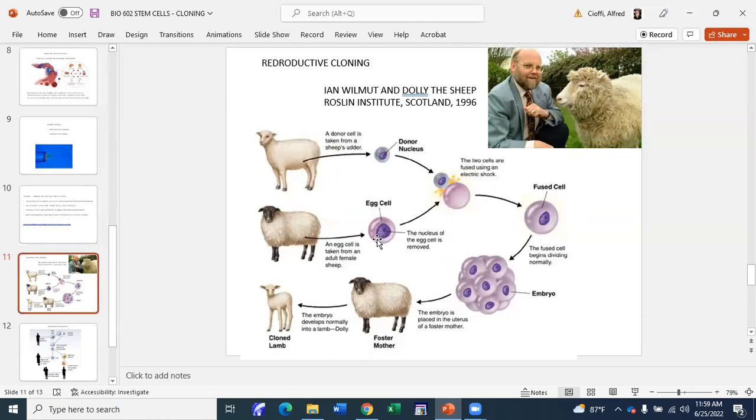So the fact that the mother, well, who's the mother? Okay, the gestational mother, the surrogate mother, the fact that the cytoplasm of the egg came from her, that just makes her the gestational mother, okay? Regulatory proteins, yes, but the nucleus comes from this donor, and that's what's directing the actual development,